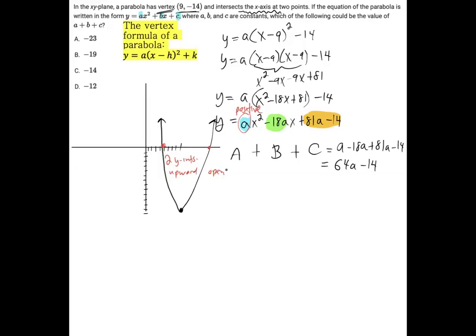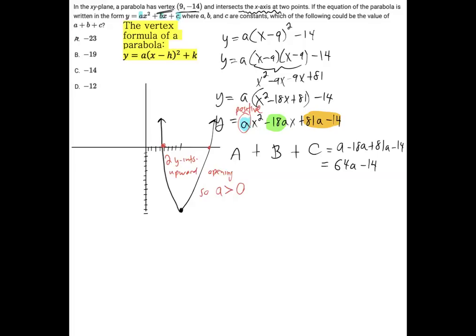If you didn't have any x-intercepts, then the parabola would look like that, and we would know it would be downward opening. But we know it's upward opening, and an upward opening parabola has a positive a coefficient. So the a coefficient has to be greater than 0. Seems pretty random, but in this incredibly tough question,